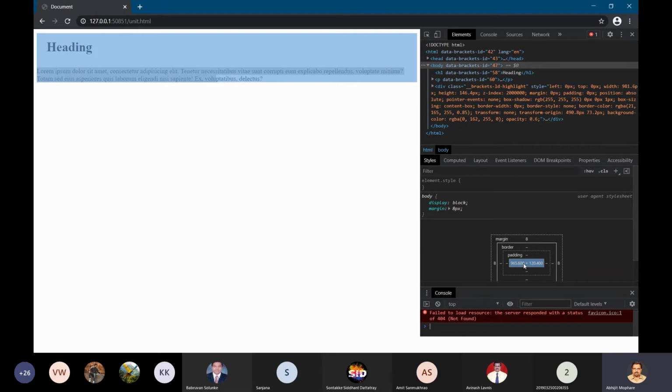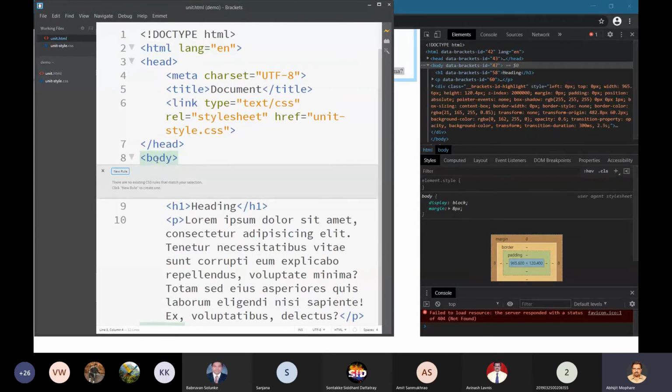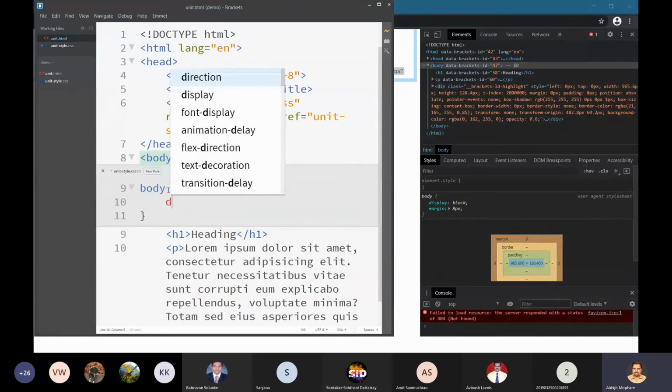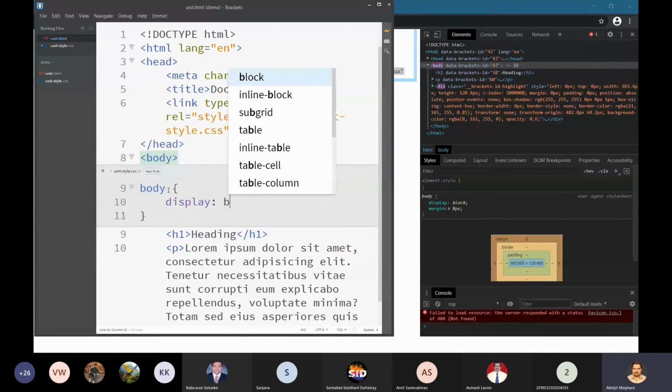The moment I place the cursor on the content, it is showing the entire width. This is because of the display property. I will discuss the display property later on, but here I will change the box sizing property of the entire body tag and use border box.